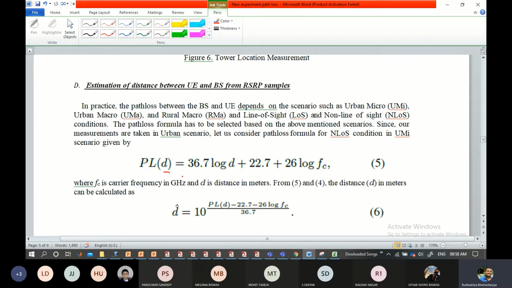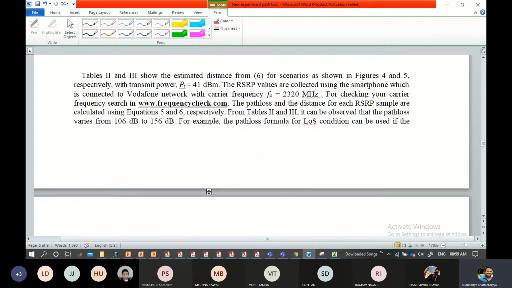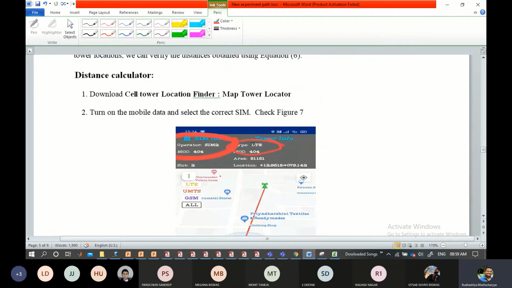But as we know, that is first of all a very cumbersome process. As an individual, you might not be able to do that properly, and this is ideally the work that the vendors usually do when they are making practical link budgeting or network analyzing. I'll come to why we need it later. Let's directly go over here.